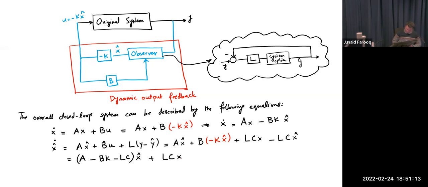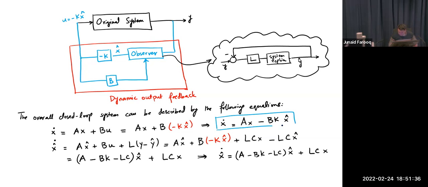So that's your, so let's say your x hat dot is A minus BK minus LC x hat plus LC x. So now you have two dynamics going on in parallel. One is x dot and the other is x hat dot. And if you write it in the form of a vector, what you will get is